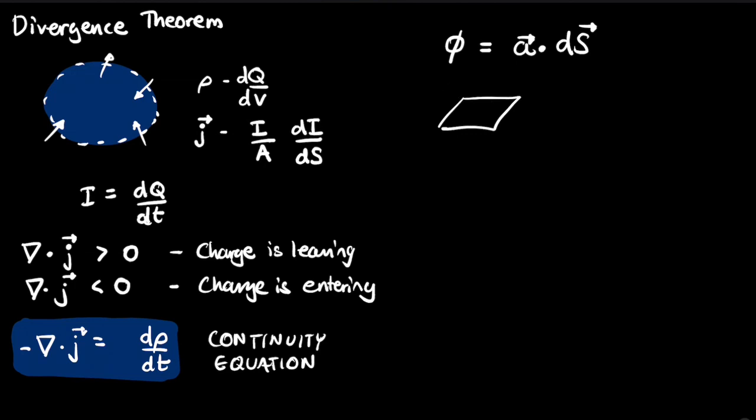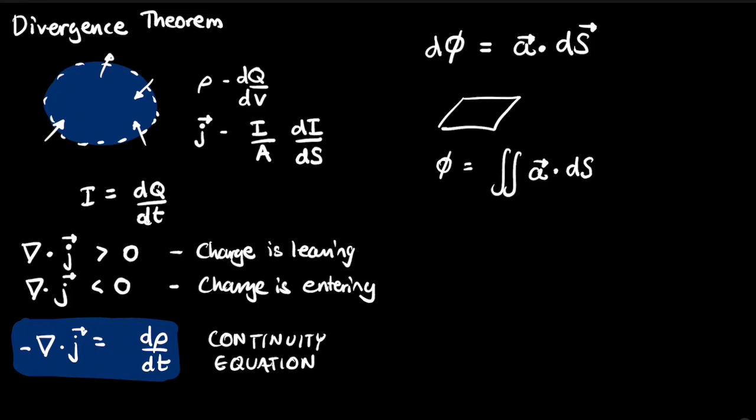So in fact, that should be an infinitesimally small amount of increase of flux. So how do we get the total flux? Well, we have to do it over the entire surface. So the total flux phi is going to be the surface integral of the flux density A